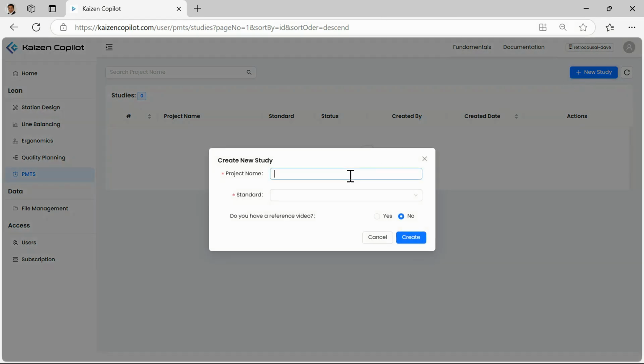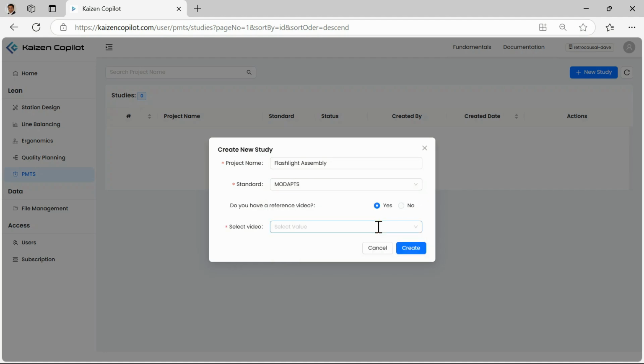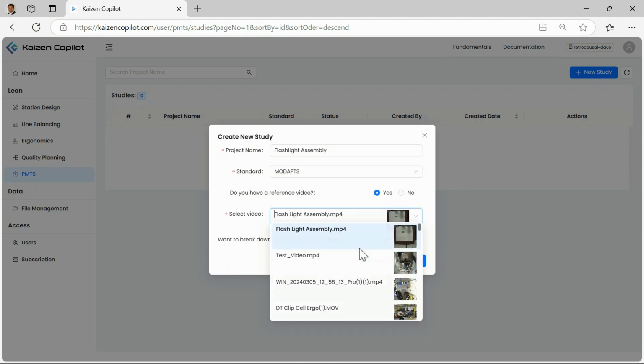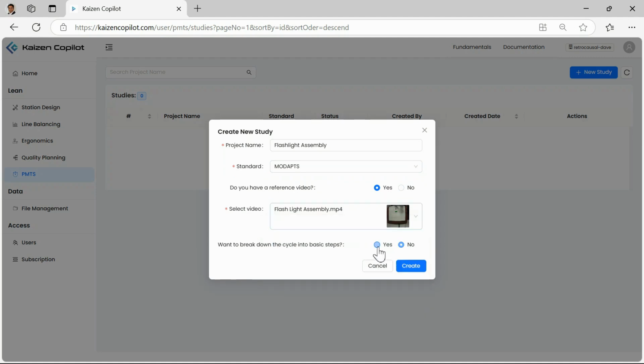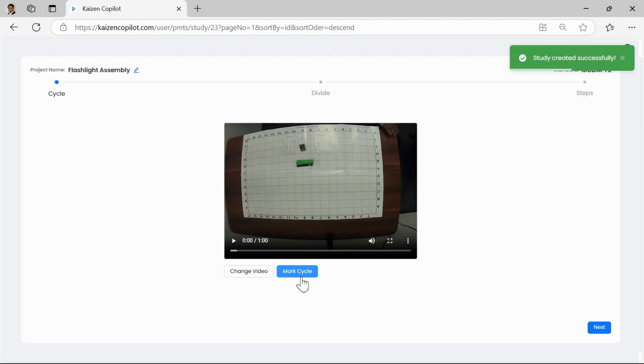MODAPTS practitioners typically take 2 to 3 hours to code 1 minute of physical activity. Kaizen Copilot's MODAPTS module allows them to bring this time down to under 30 minutes. Our user uploads a reference video of the activity being studied, selects the relevant part of the video file,